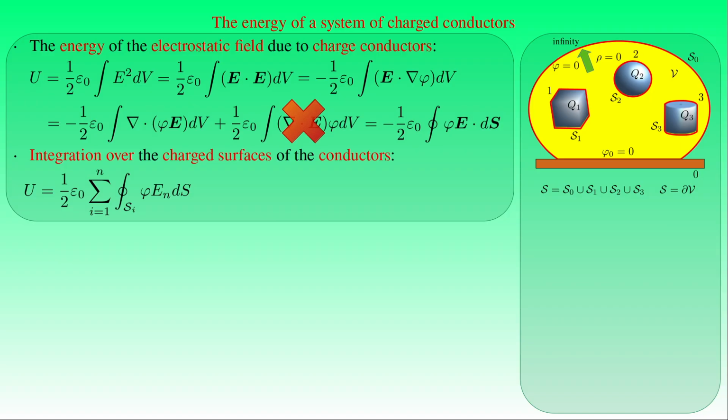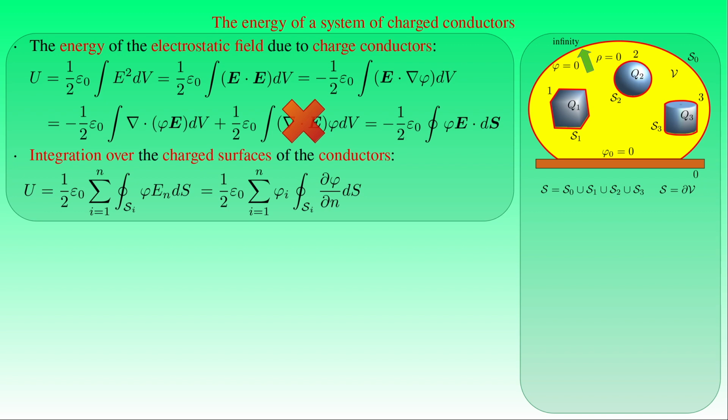We can also factor out the constant potential phi from the integrals over the boundaries of the conductors, which are equipotential surfaces. The normal component of the electric field is just equal to the negative gradient of the potential in the normal direction, that is the directional derivative of phi in the direction of the surface normal n. The positive sign of the directional derivative is the consequence of the fact that the normal n points outward from the volume V and inward to the conductor, that is in the direction of the increasing electric potential outside the